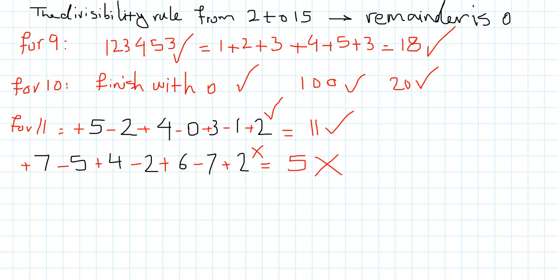For 12, we say if the number is divisible by 4 and 3, or 3 and 4. We know the rule for 4 and the rule for 3. The rule for 4 was if the last two digits are divisible by 4, we can say the whole number is divisible by 4. And if the sum of the digits is divisible by 3, the number is divisible by 3. Suppose that I have this number